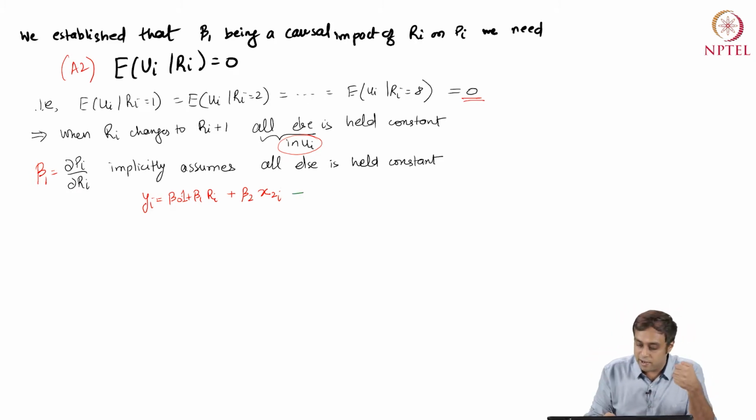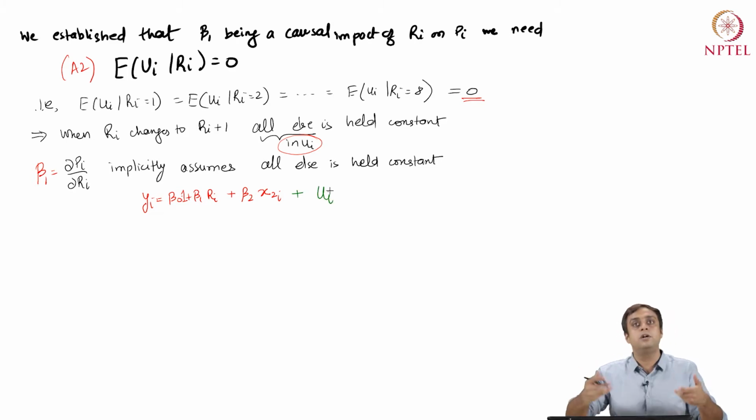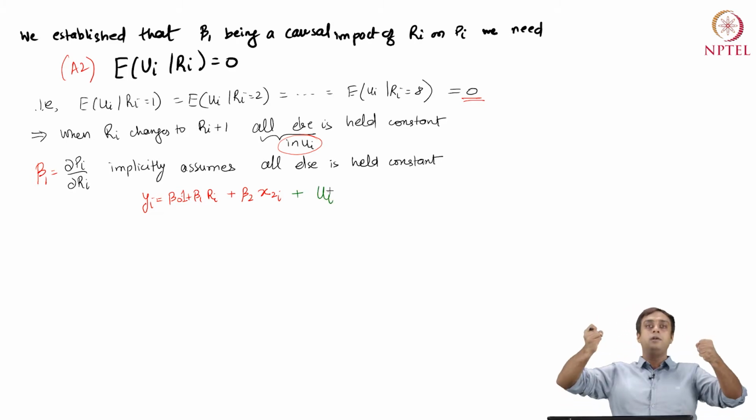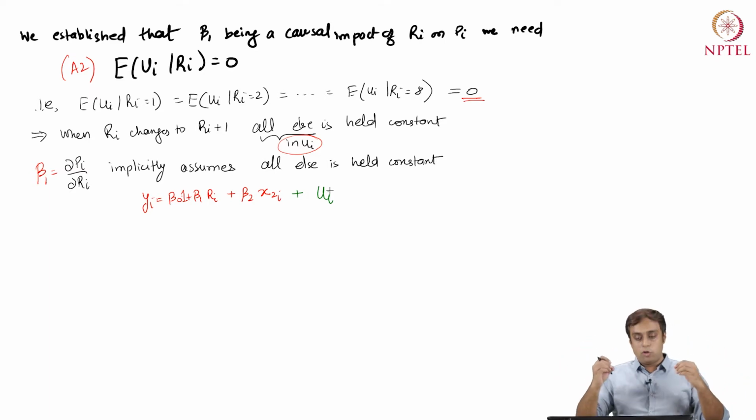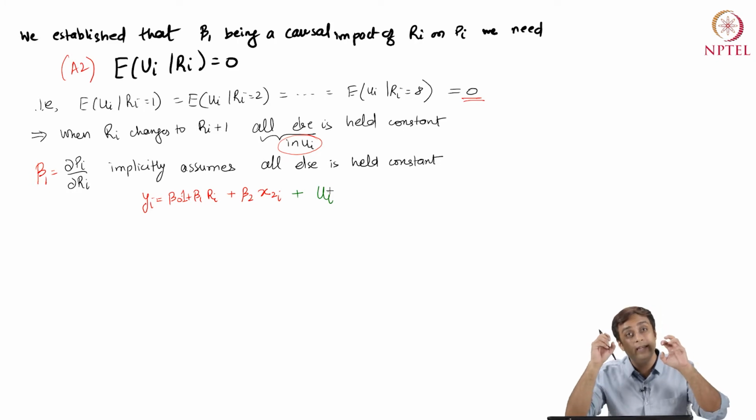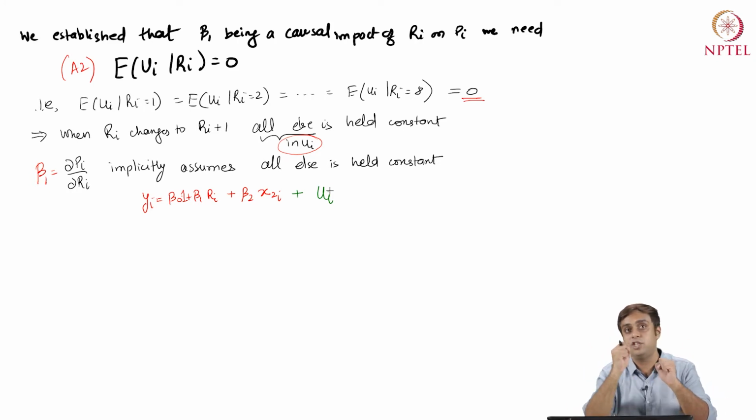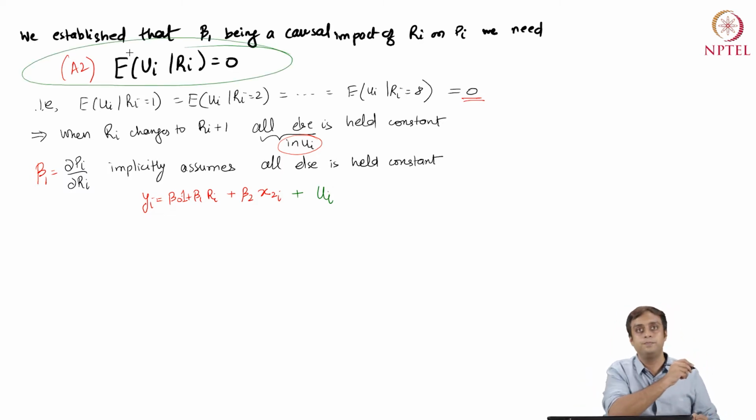The trouble is that in a regression, we have this random term, this random draw coming in apart from all the deterministic variables. And the only way to be able to hold the Ui value constant when we change Ri from Ri to Ri plus 1 is this assumption A2, right? That is why it is perhaps the most crucial assumption of a regression equation, because it ensures the causal impact of Ri on yi, represented as Pi here, right?